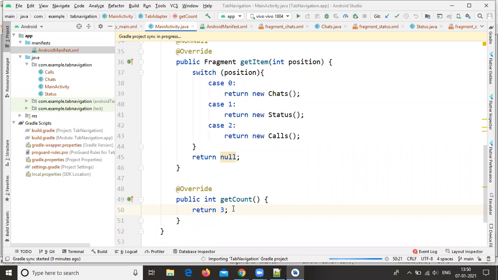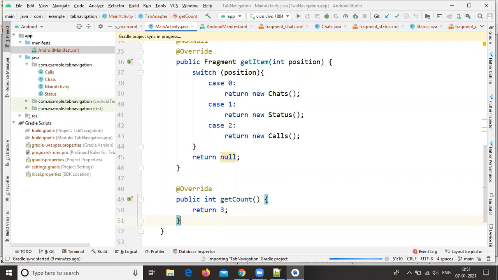By default it is 0, so we need to change it to 3. In case you have 5 fragments, you need to return 5. If you have 10 fragments, you need to return 10. Like that, you need to change your return count.